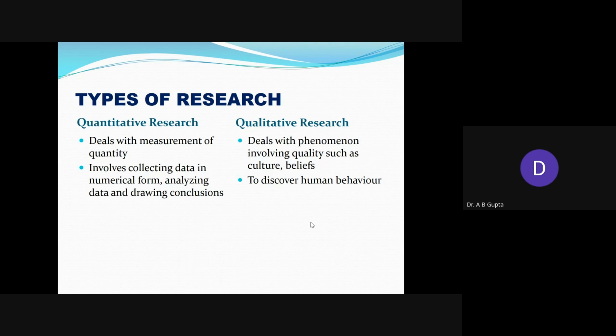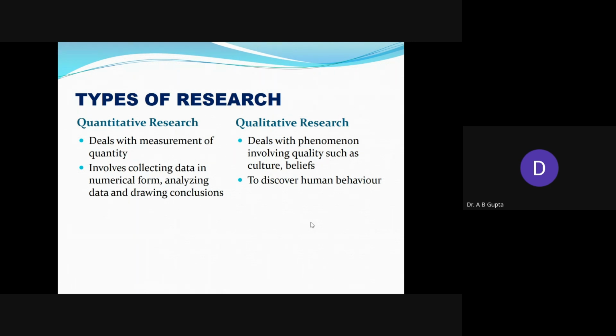So for example, you are dealing with certain phenomena such as you want to find certain aspect related to certain culture. You want to know what are the beliefs of a society. You want to check the behavior of humans, behavior of a person. So if your research is focused in this area, and because it is not numerical data, so that is why it is qualitative research. So quantitative research, if you compare both these, quantitative research is collecting numerical data, qualitative research